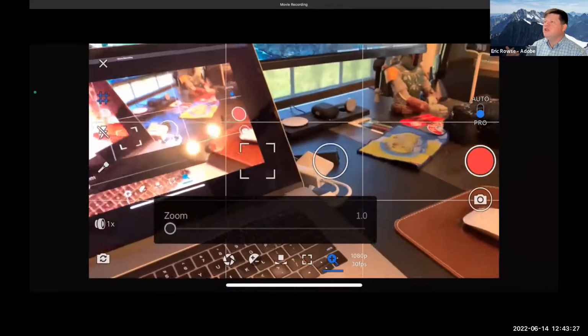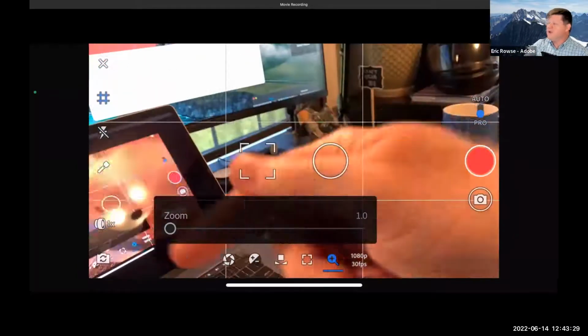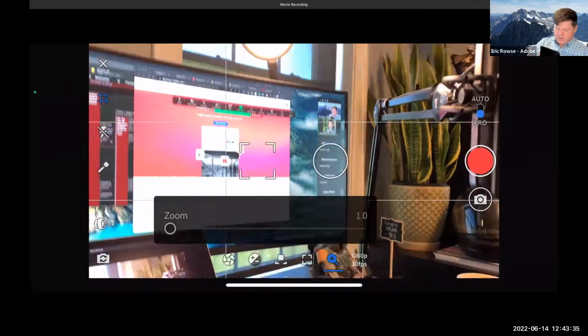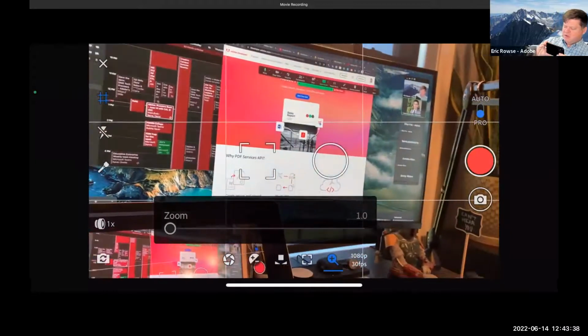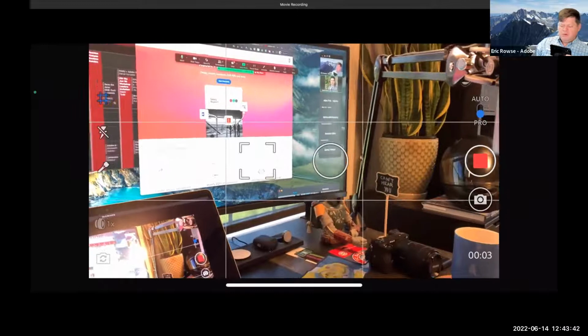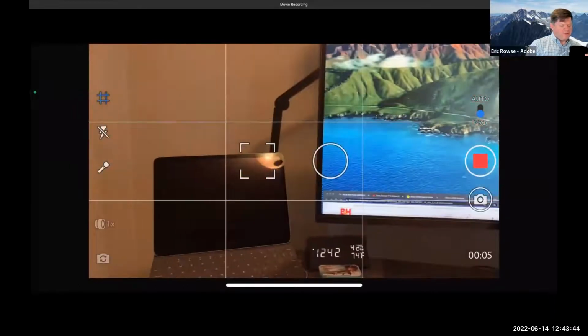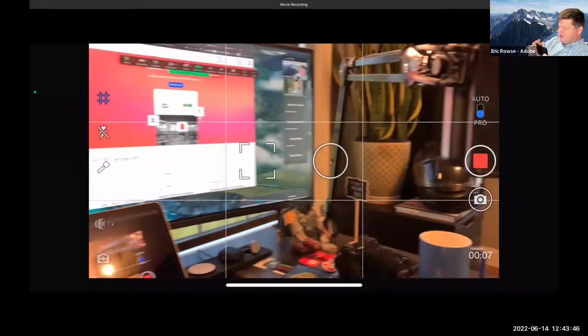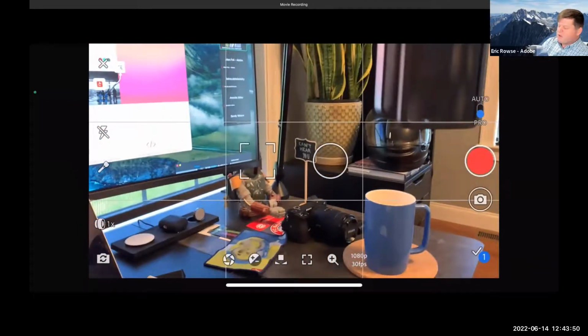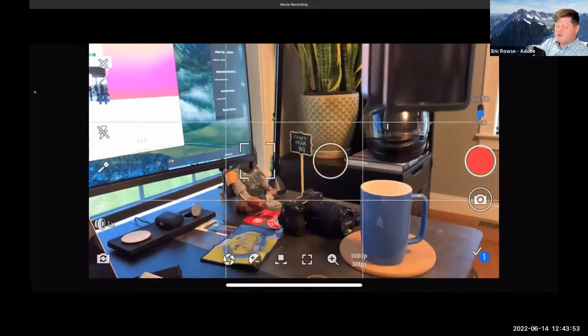All that can be done natively with the Rush app. So I don't want you to feel like you have to go to another app to capture source footage. You can capture right inside Rush if you really wanted to. So I'm going to go back and just hit the red button there. And so now we're recording live input of my wonderful environment that I see every day, and then I can hit stop. And you will see a one with a check mark above it that says I have captured one